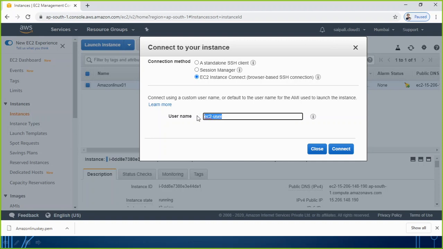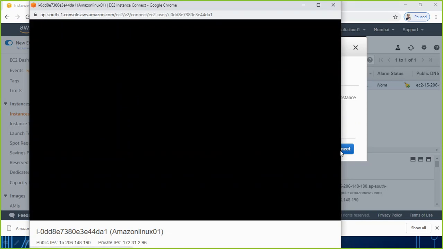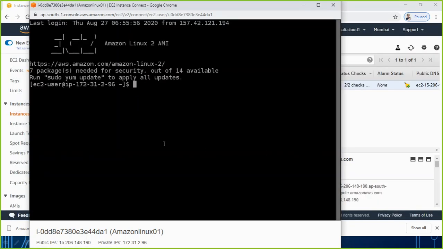That's the default username of any Linux instance you create. So now click on connect and you will see that it is very easily going to connect, and I have the command prompt or a terminal of that Linux machine, EC2 Amazon Linux 2, and I will again be able to perform all the tasks I want to do on my Linux PC.